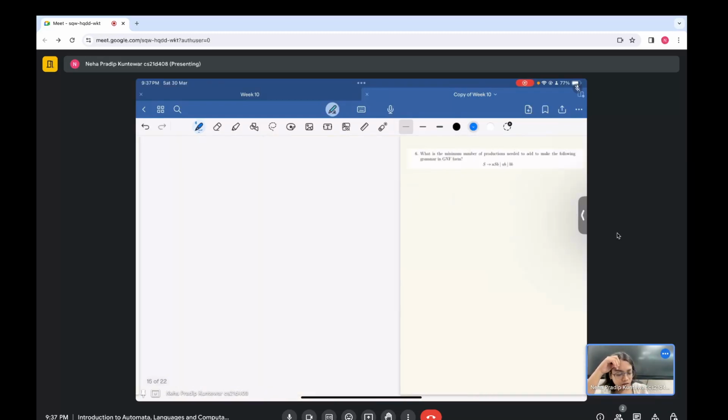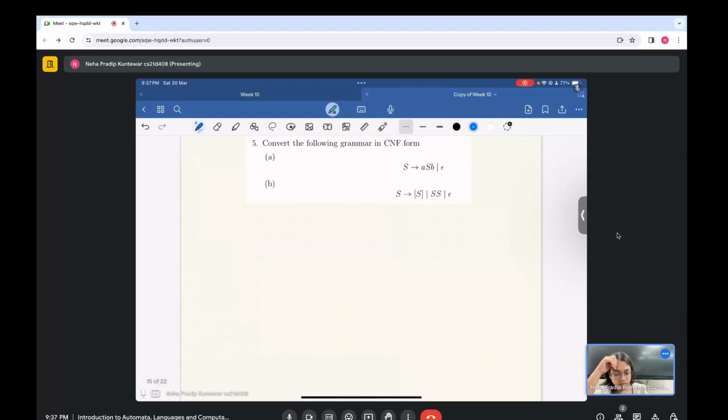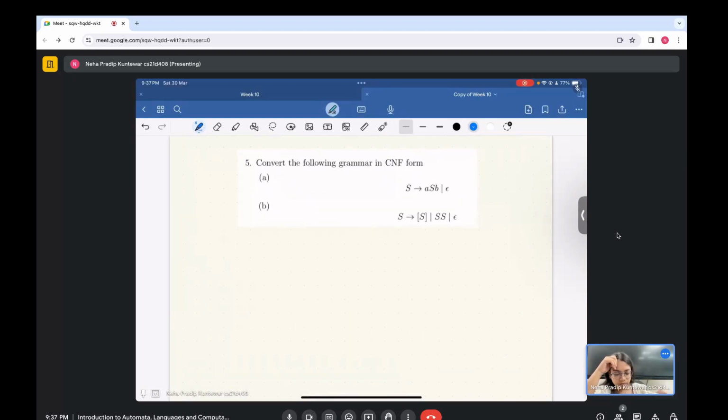So yeah, here you have this grammar, which is S gives aSb or epsilon. So notice that